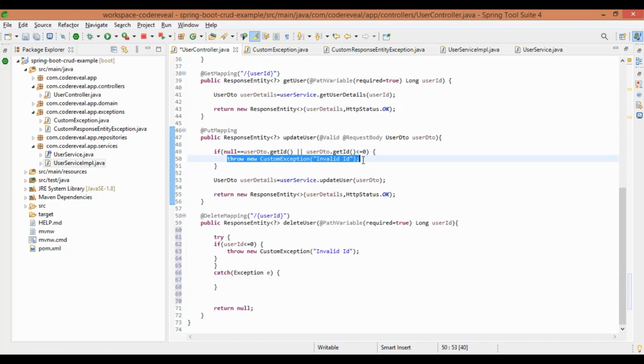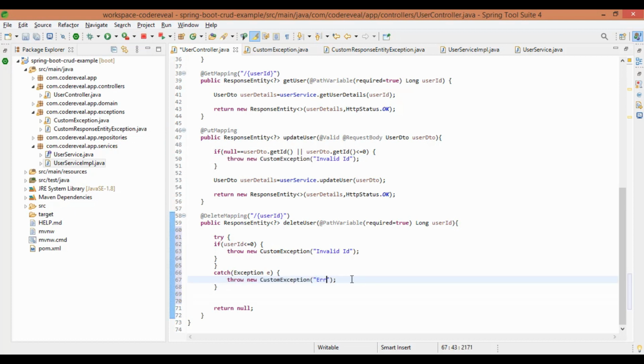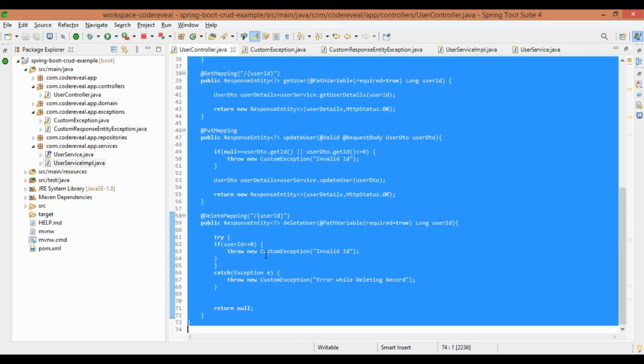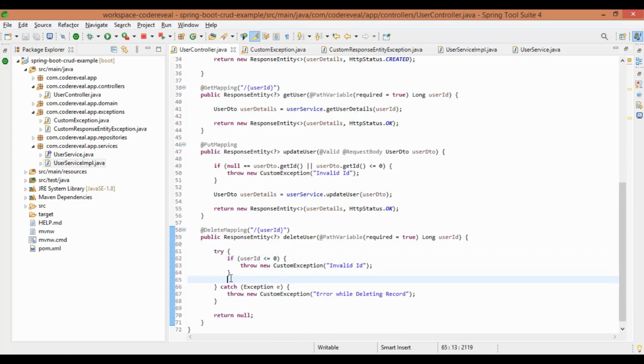If any exception comes, then we can throw the exception. Now we have to call the user service here: user service delete user with the user ID, and we can return the response entity.